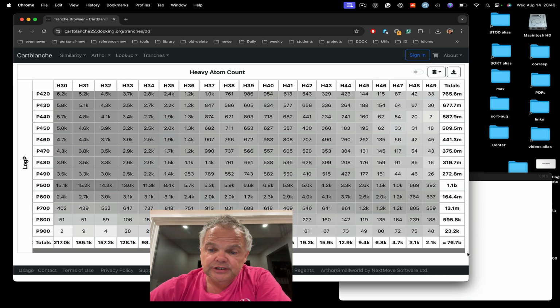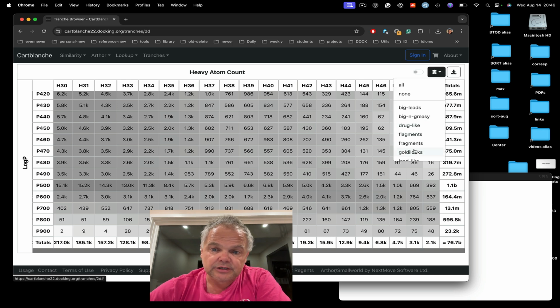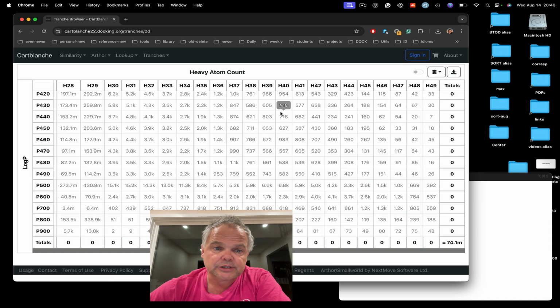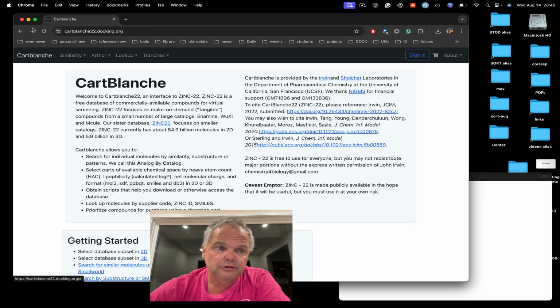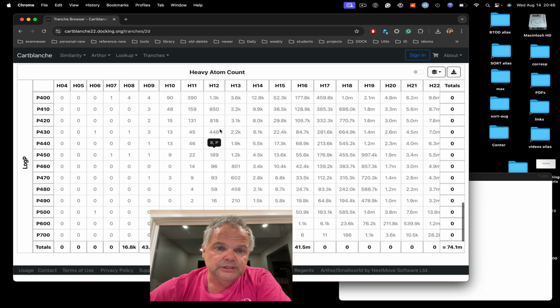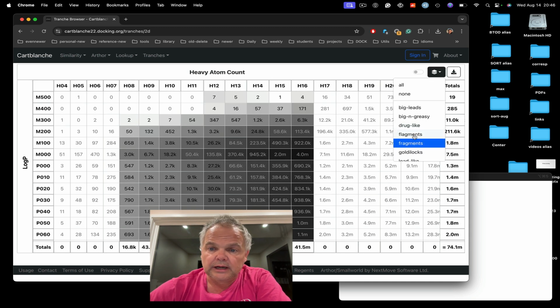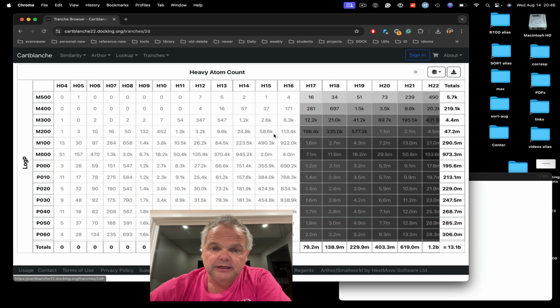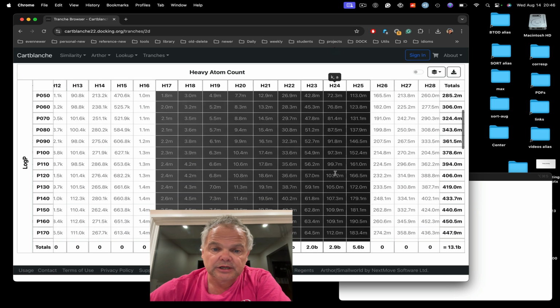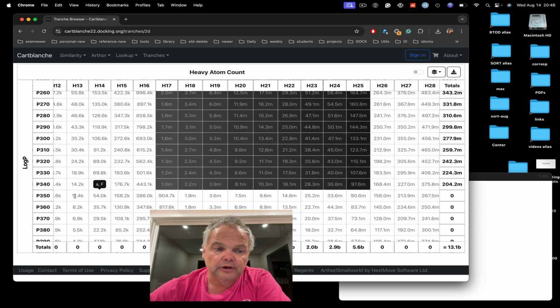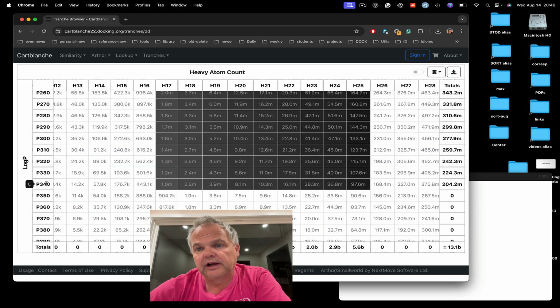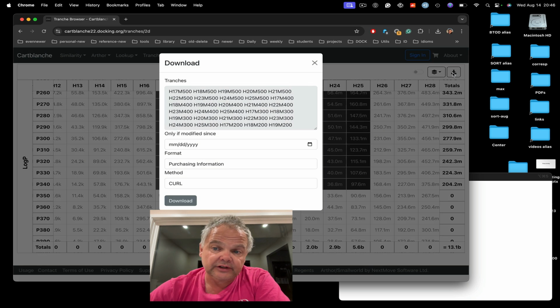And so the totals are listed along the horizontal and vertical axes, and some of the most common settings are preset, so you can go for fragments. Fragments is between 8 and 16 heavy atoms, or lead-like is between 17 and 25 heavy atoms, and stopping at, as I said, 3.4, which means 3.49, which means 3.5. And when you've selected the part that you want, so here there's 13.1 billion lead-like commercially available molecules, you